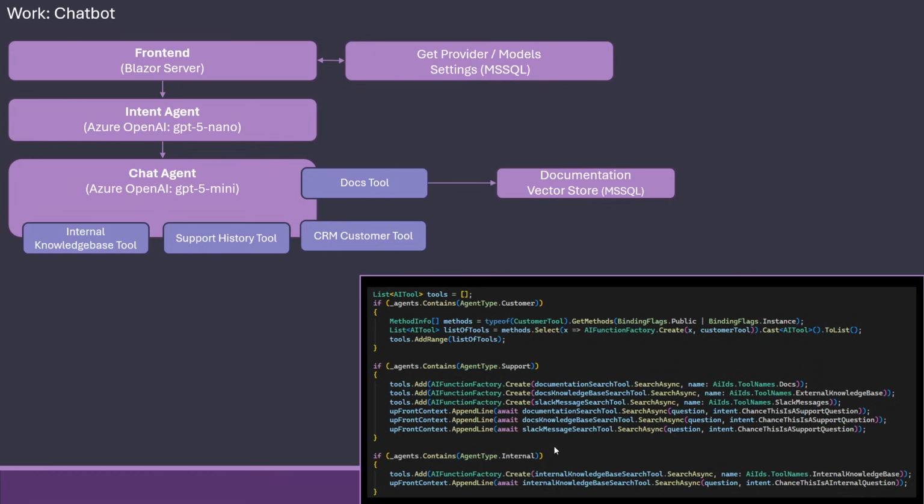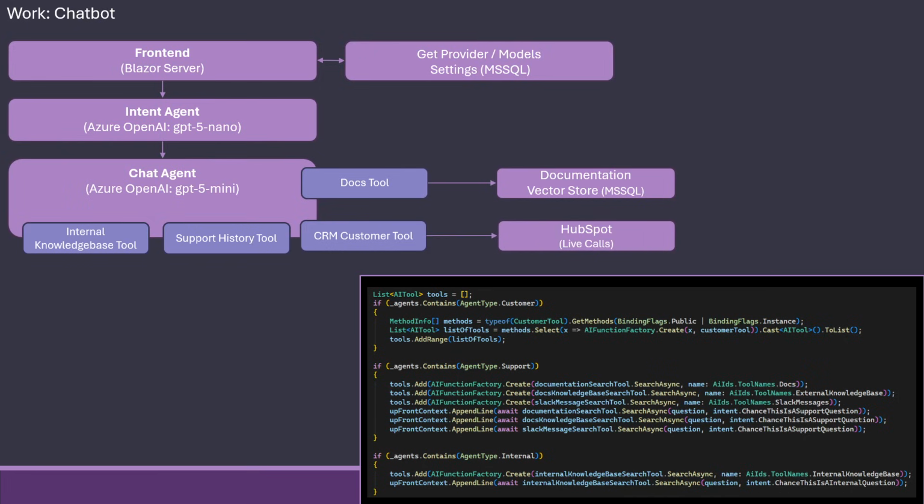I load it upfront and don't use it as a tool as such, to ensure that these small models are still capable of calling the data. This is a bit too many data tools for it, and it will often fail to call one of the other tools despite various instructions to do so. So we load them up front, and that's the reason why we take 3 to 10.